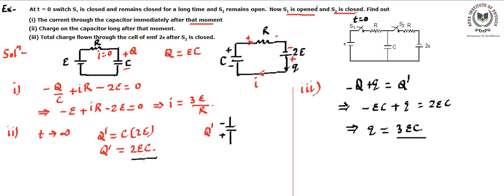So this is the answer for the second part, this is the answer for the third part, and the first part we have answered as this. This is one more example in which we are using those concepts, how a capacitor is charged, and what happens when it is uncharged initially and finally. So just go through it and make your proper notes. If you have doubts, ask.